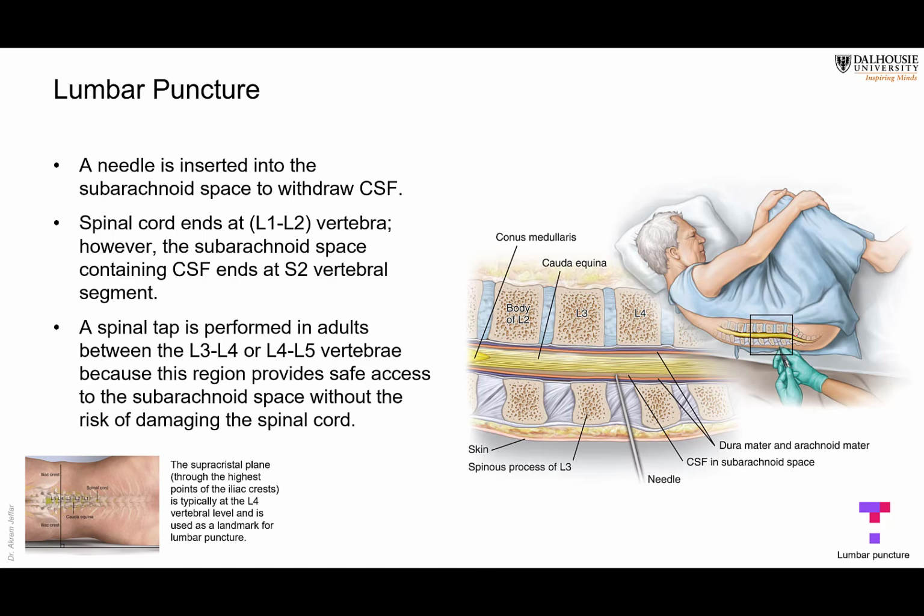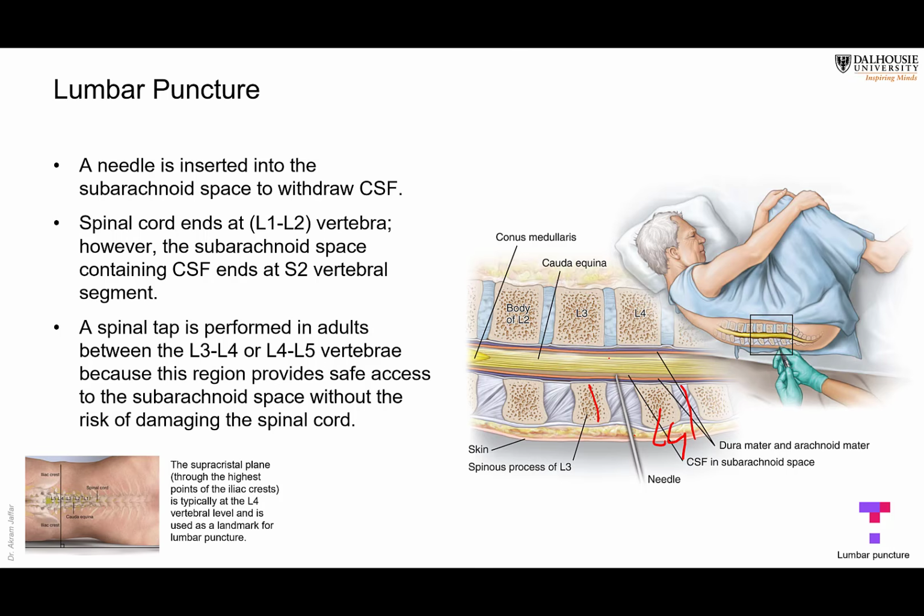The patient is on the lateral side, flexed at the lumbar region. This is the needle. The needle will be passed through the skin, and then in between the spinous processes of vertebrae. So this is the L4 vertebra. They use the spinous process of L4 as an indicator. Either they go above L4, like here, or they can go below L4. And then they pass through the ligament in between the spinous processes, epidural space, dura mater, arachnoid mater, and then